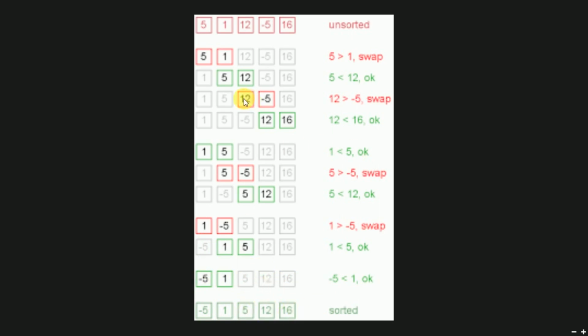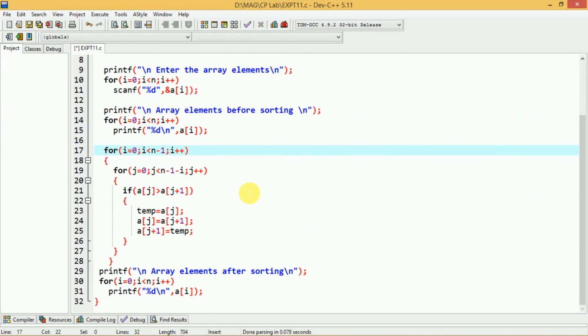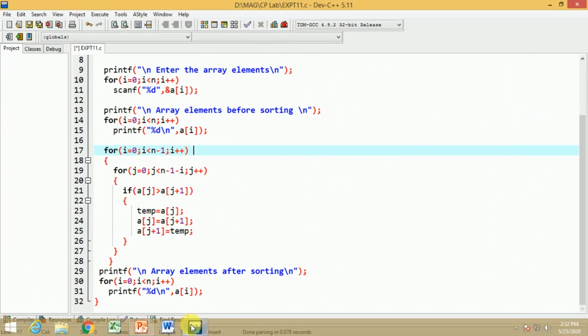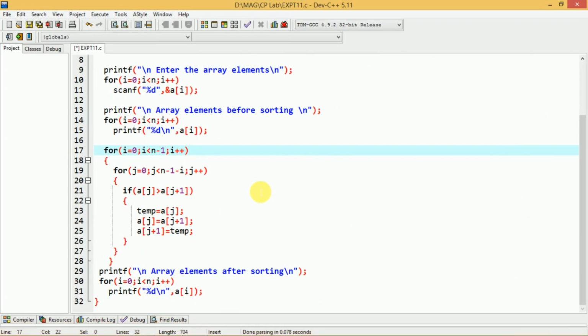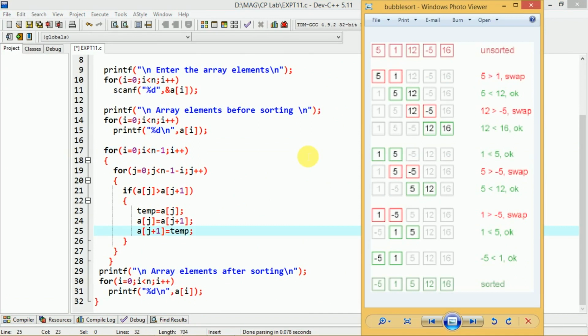So in this way this bubble sort algorithm will work to sort the given set of elements in either ascending or descending order. So here we have considered an example for sorting the elements in ascending order using bubble sort. Consider the program. Okay. So here we consider the same example in line with this particular program. So till this point we have already discussed.